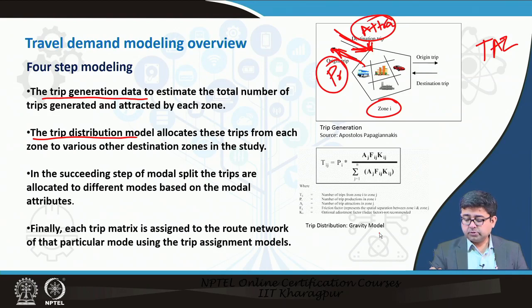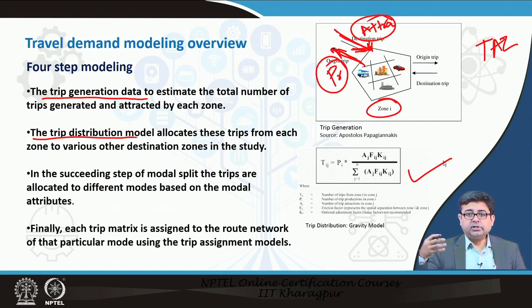Usually the most common model that it develops is the gravity model. So it says that trips between two zones are directly dependent upon the attractions that are available in the other zone and the distance or travel time or one of the other measures between those two. So if there are a lot of attractions in a zone, it is likely that a trip that is produced in one zone is being attracted to that zone. An attraction could be a movie theater, a park, a restaurant, or a number of restaurants.